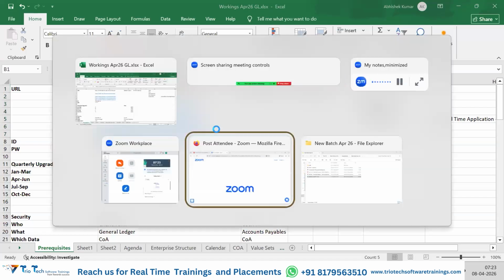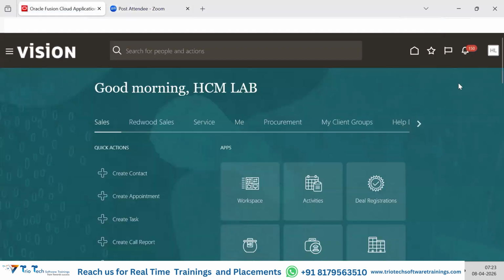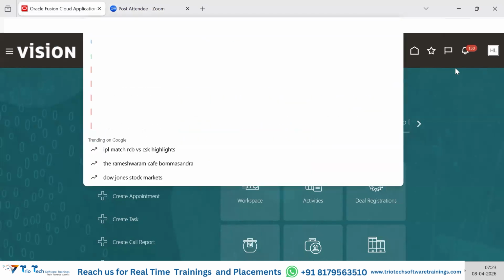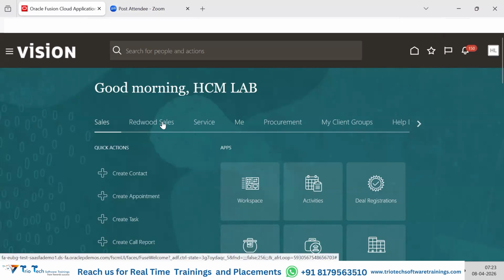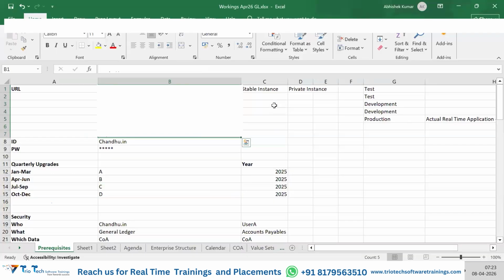Now, let's move back to the application. For example, this one is the test instance, task demo, right? It's a demo application which is issued by Oracle. Now, here, what we need to understand is something important in terms of our training. In our training, we have two different types of applications, the access of which will be provided to you. One is going to be the stable instance, and the other one is the